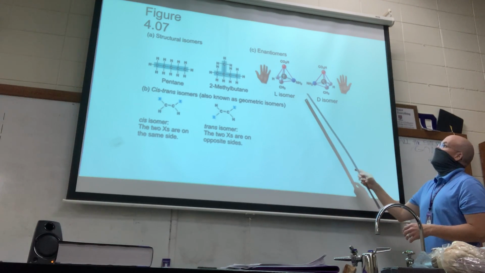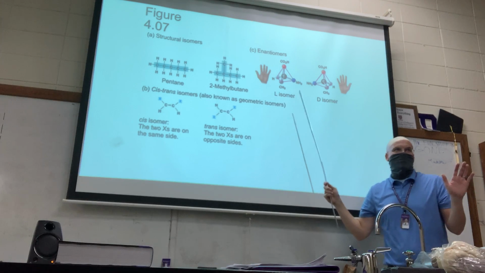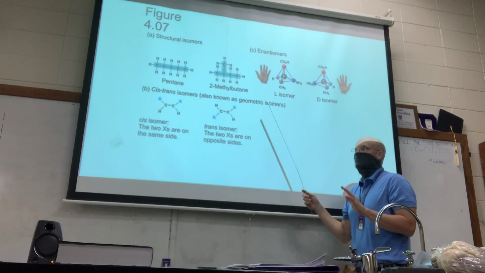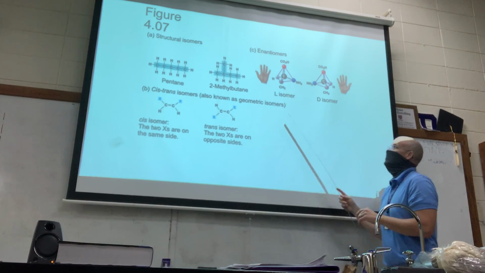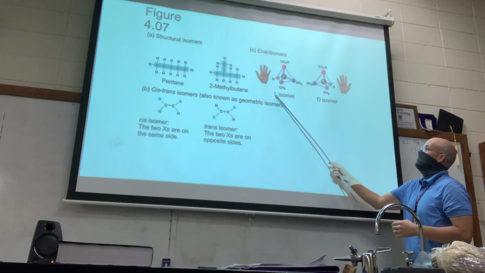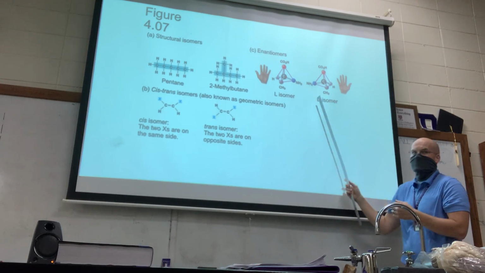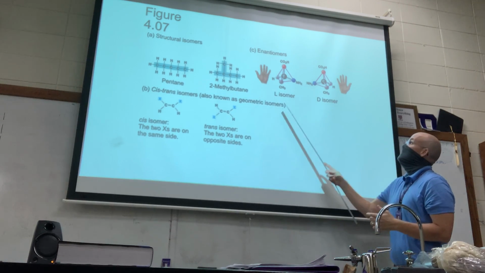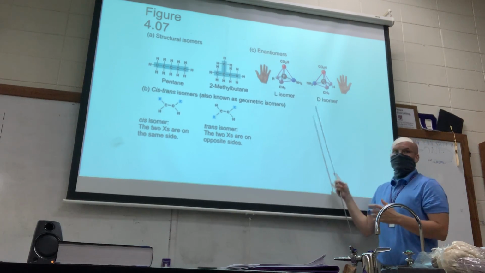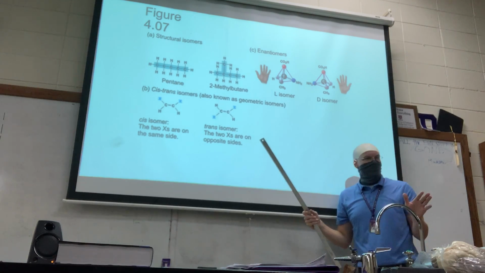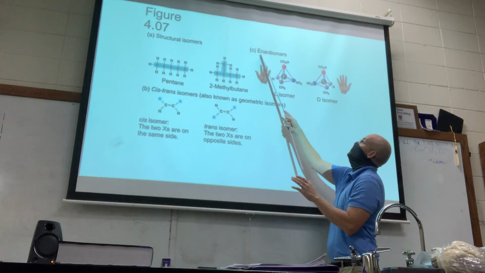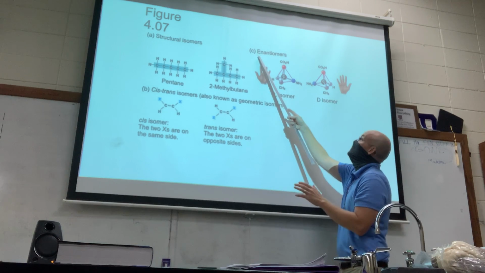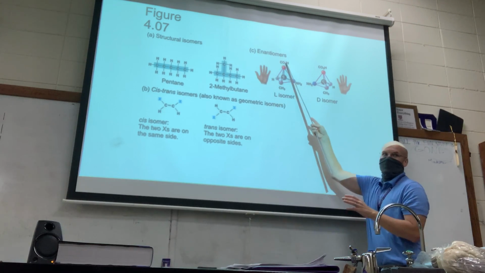And I guess I shouldn't say that it has to be a more complex molecule, but these would typically have a little bit more complexity to it. There's sometimes these strange notations, like in this case you have L and D. Sometimes I think they use a capital S to represent it. I do not care about these notations. I just want you to understand that if you see the word, and this is a weird word, enantiomer,